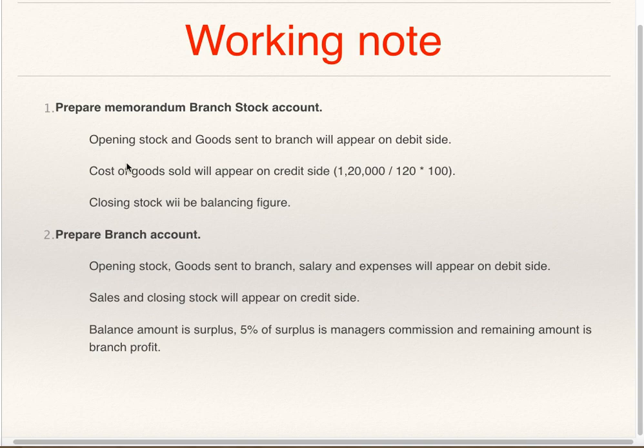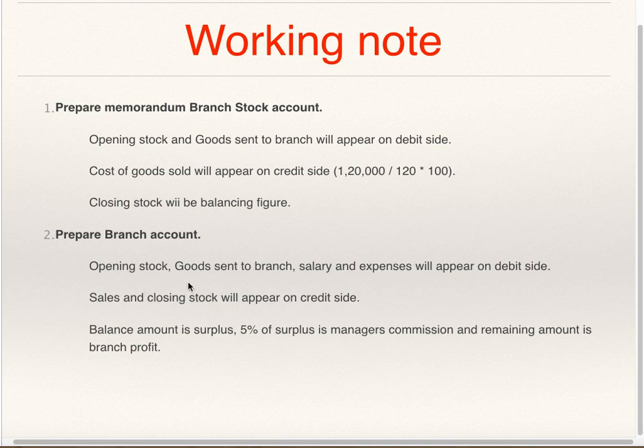So do it on your own. Prepare memorandum branch stock account and prepare branch account. Manager is entitled to get 5% of net profit before charging such commission. So branch account, credit sales